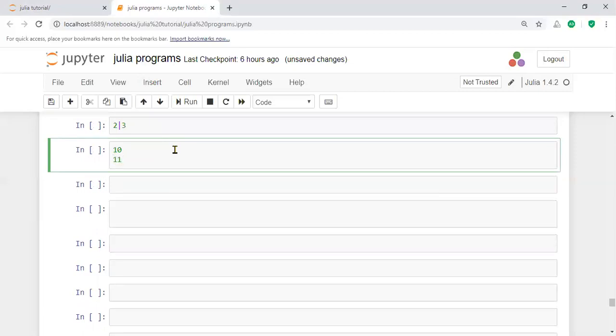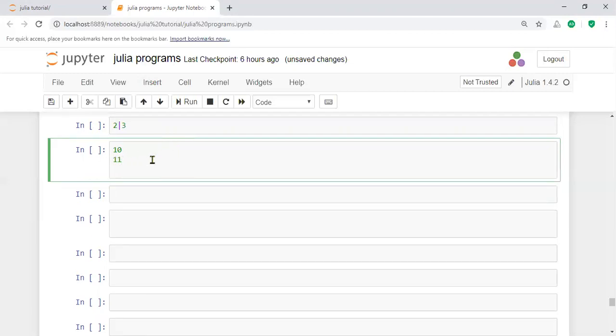Or means that if either one is true, the value is true. So what is the result? Bitwise, 1 0 or 1 1 gives 1 1.